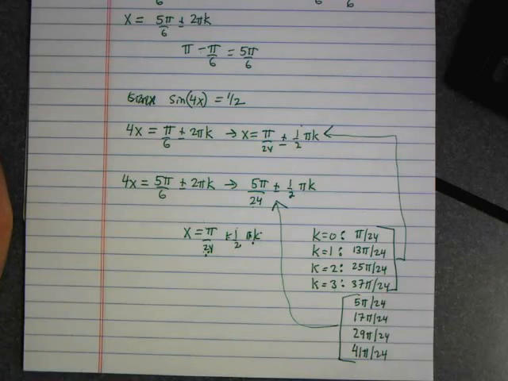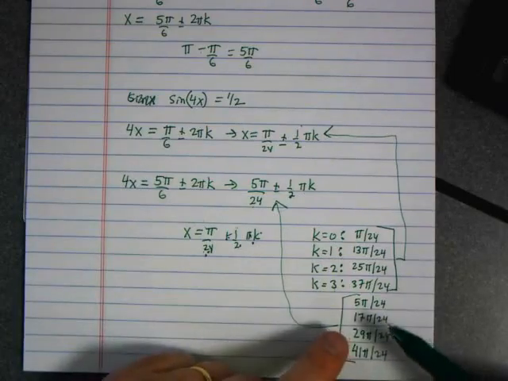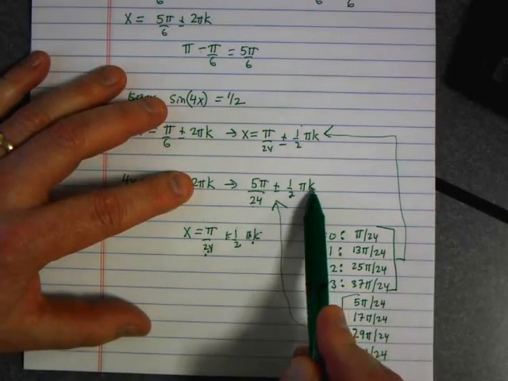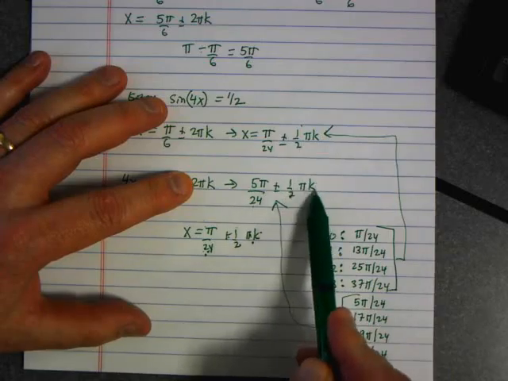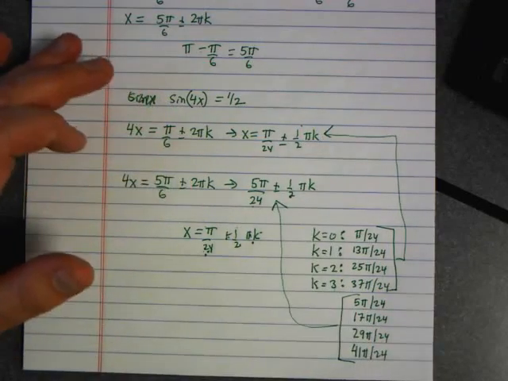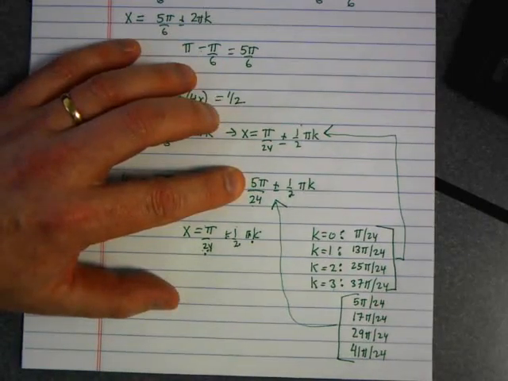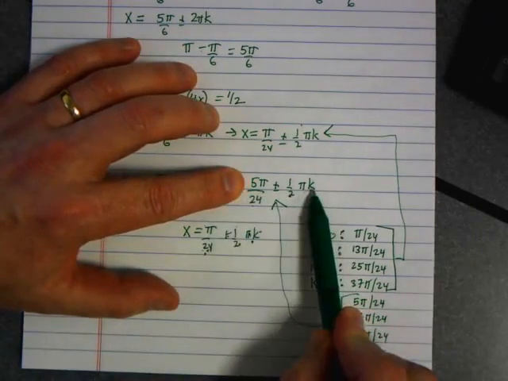So there's our 8 answers. For the bottom 4 answers, is that k equals 1 again? Or k... Again, if I wanted to do all the arithmetic, I would take this and plug in 0, plug in 1, plug in 2, and plug in 3. 5 pi over 24 if k equals 0. Correct. So I would use the 5 pi over 24, and then I would plug in 0,